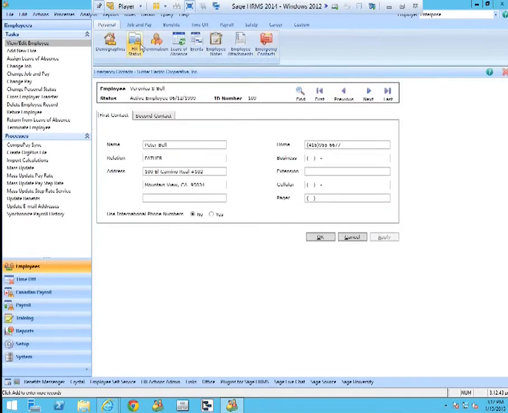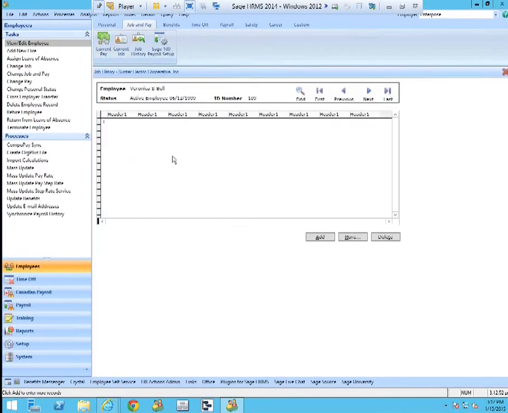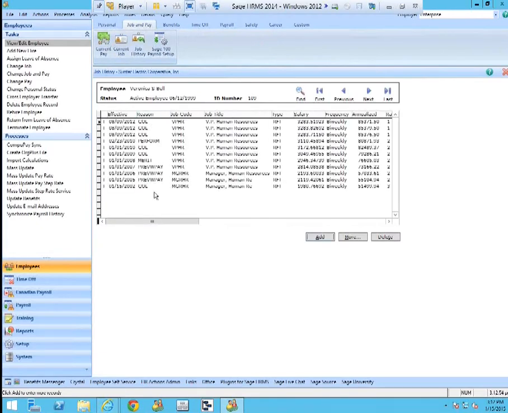We saw the emergency contacts through the self-service. We saw where we made changes to the employee's pay and the employee's job. But what I wanted to show you here are the historical records. These are the records that are going to be built as we make changes. And of course, at any time, I can go in and access any of these records and see, okay, well,